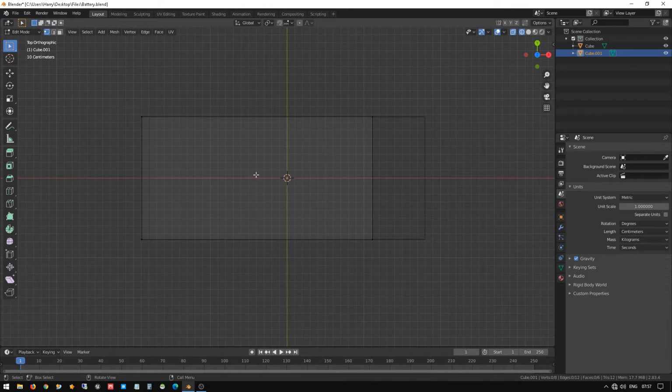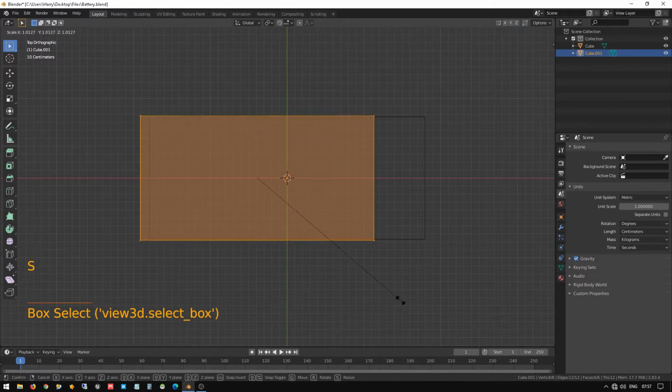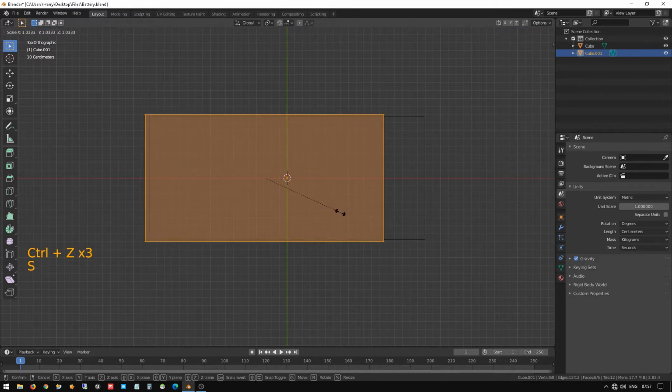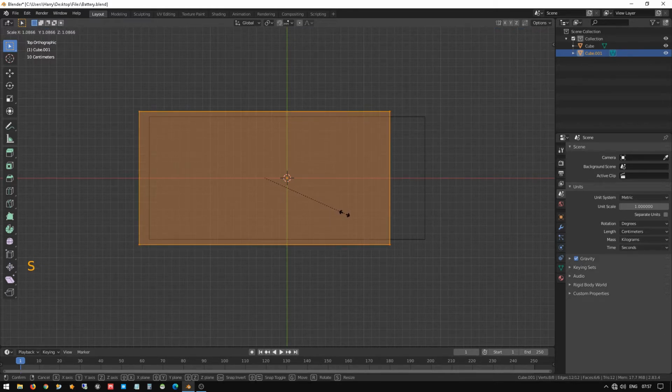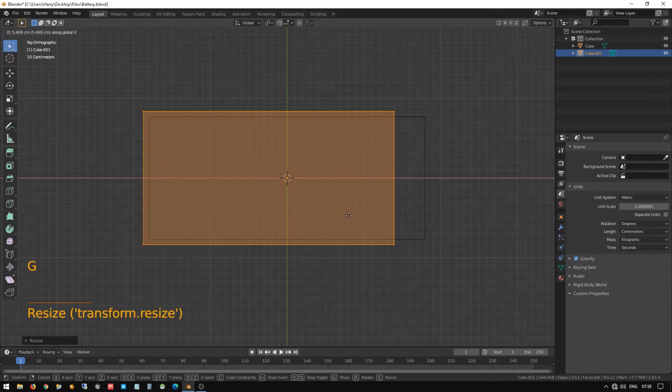Now what we are going to do is select all the vertices again and press yes. I do it once again, press yes. Press G X to move a little bit further to even the edges.